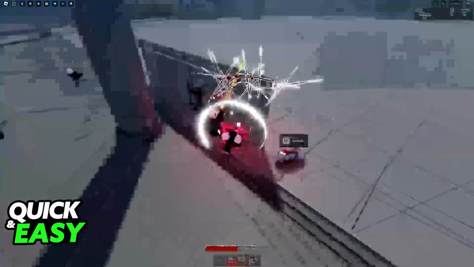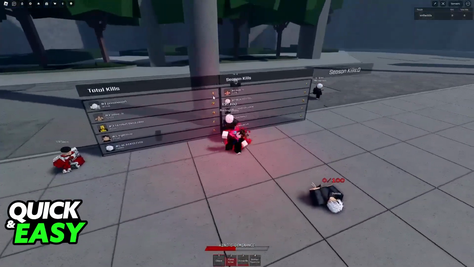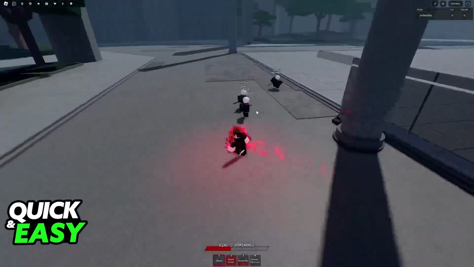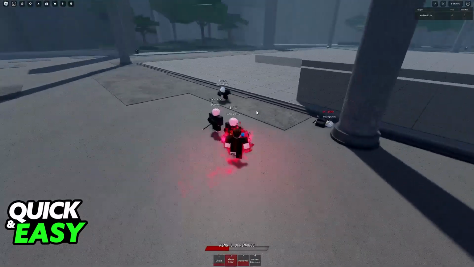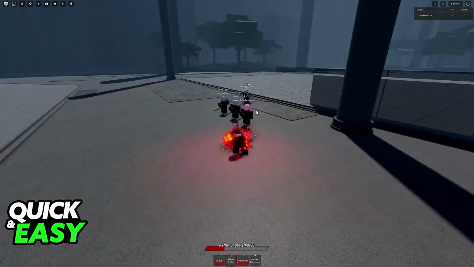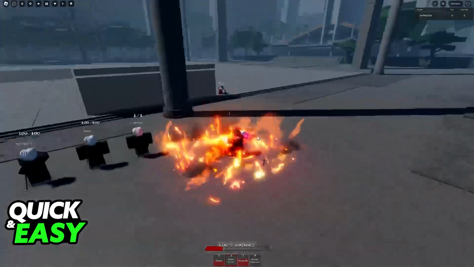So this is what Dismantle looks like. This is what Cleave looks like. It is a very flashy animation. It's going to make your screen shake, and you will be able to use Flame Arrow again once it is off cooldown. Of course, at the end, we also have Domain Expansion, so I'm just going to use Flame Arrow